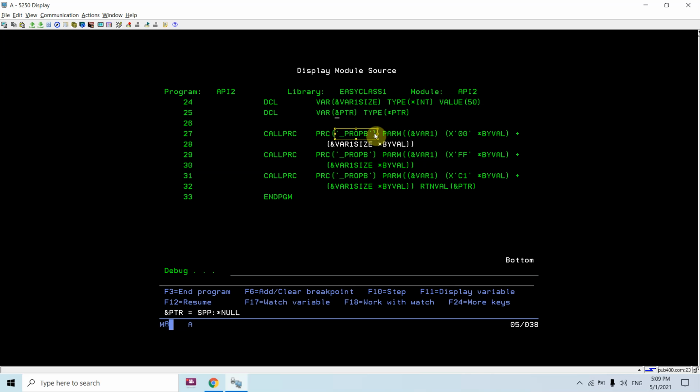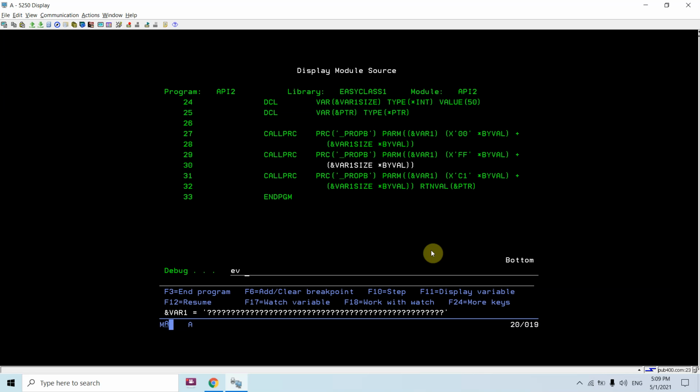Now I'm calling this machine interface instruction API underscore prop b. So it will propagate this x00, that is all binary zeros, to the variable 1 till size 50. So you can see all have now the low level byte, that is 0, binary 0. Let me show you. This is showing as a question mark to you.